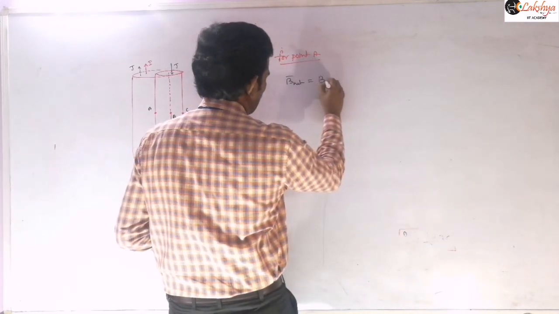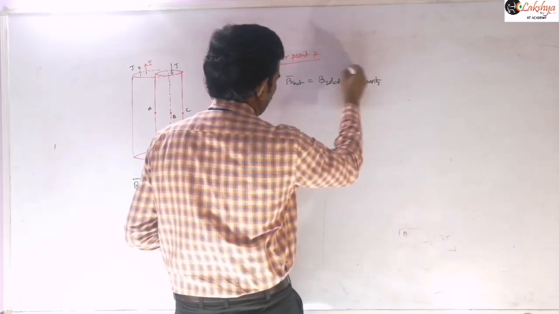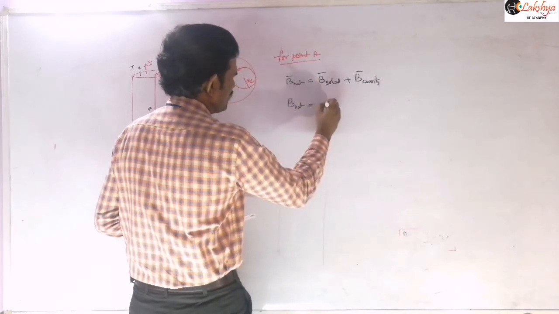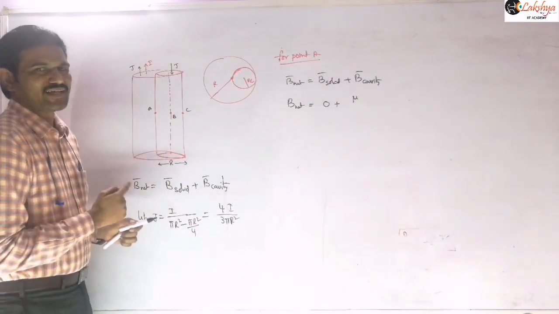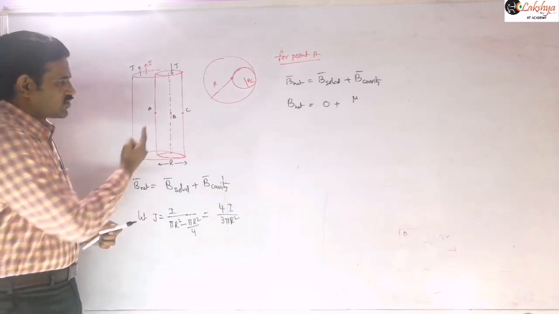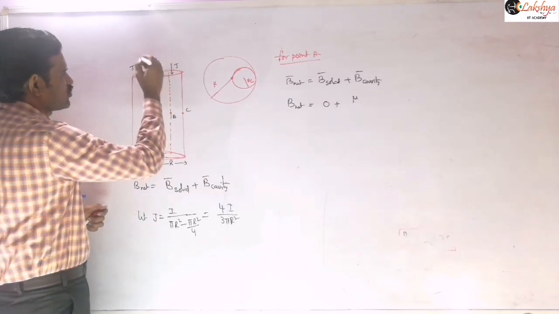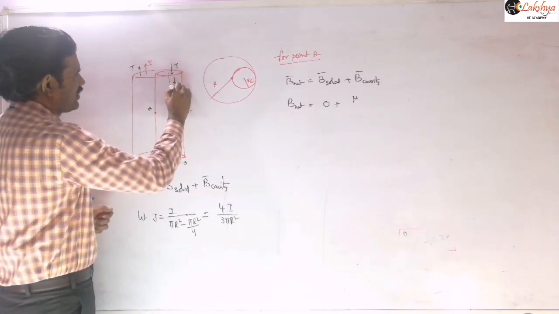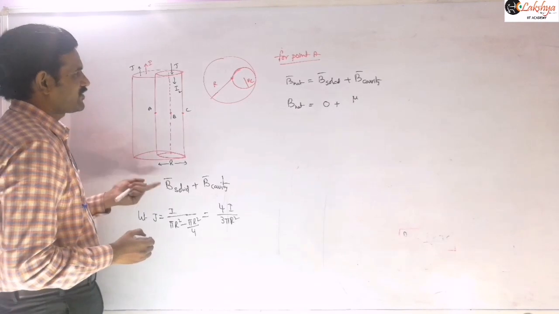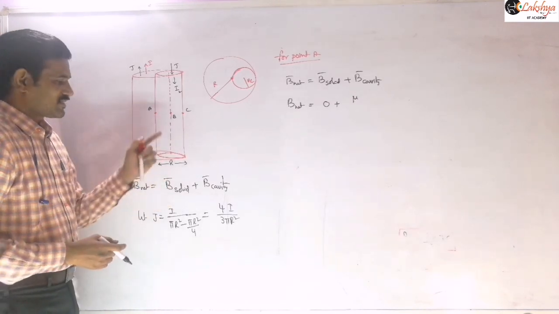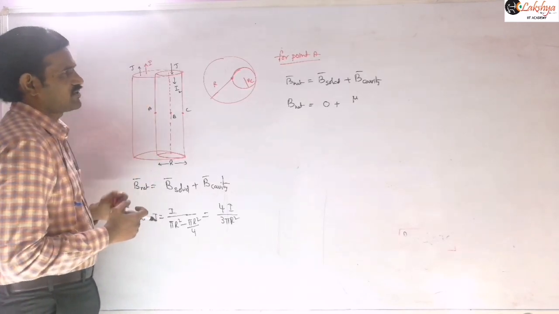So first I will write this formula here: magnetic field due to this solid cylinder plus magnetic field due to this cavity. For the solid cylinder, for point A, it is 0. For the cavity, let us identify where that point lies. If we take the cavity as one solid cylinder having some current in the opposite direction, consider this current as some I2, where I1 is the current flowing through the solid cylinder. That I2 value you can write as J into pi r square by 4. So I2 is the current flowing in the cavity cylinder.